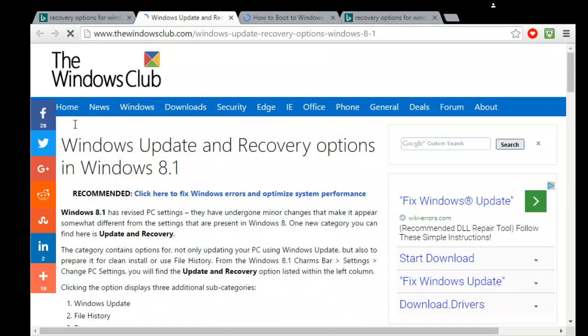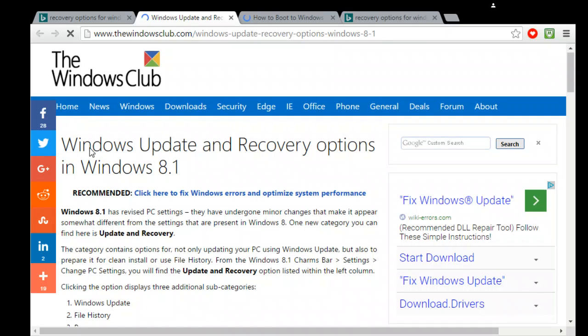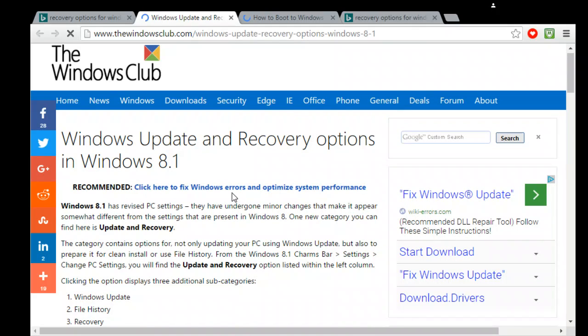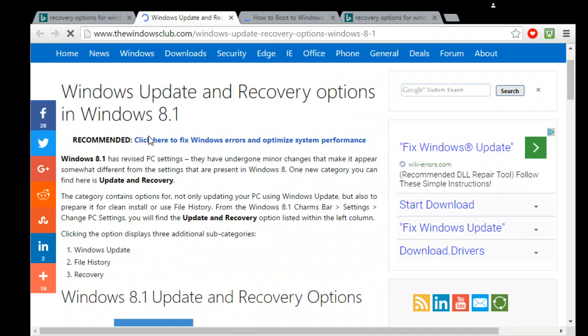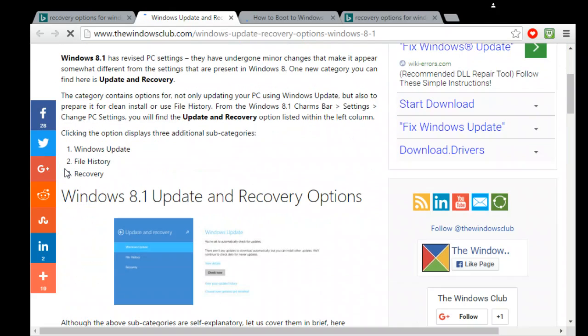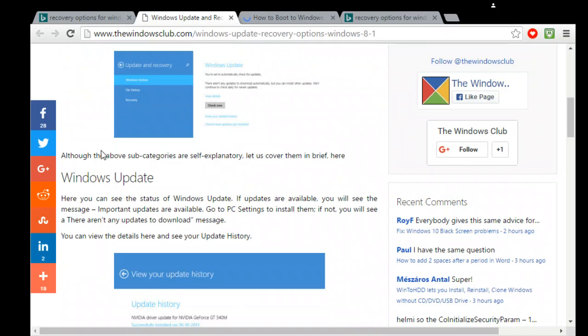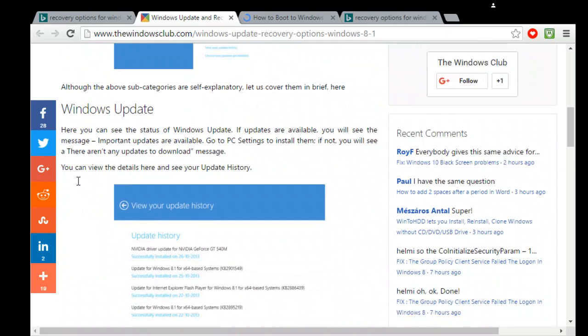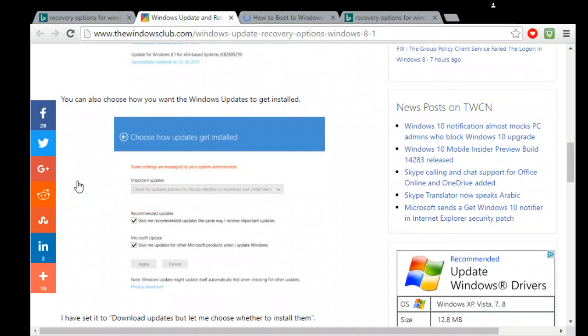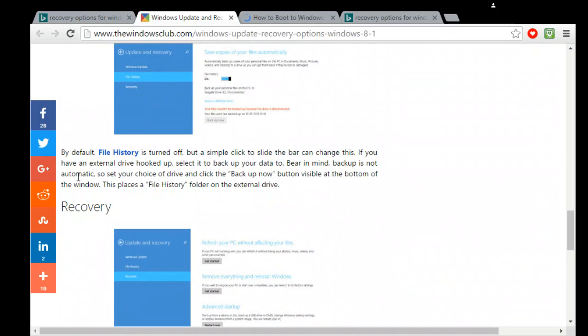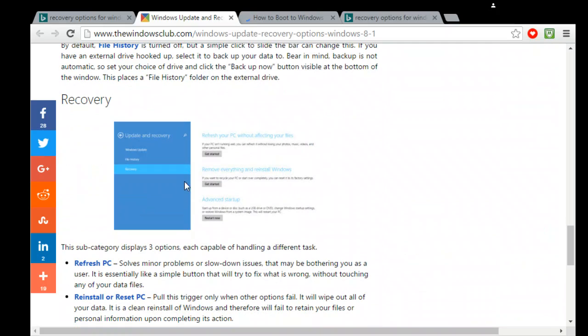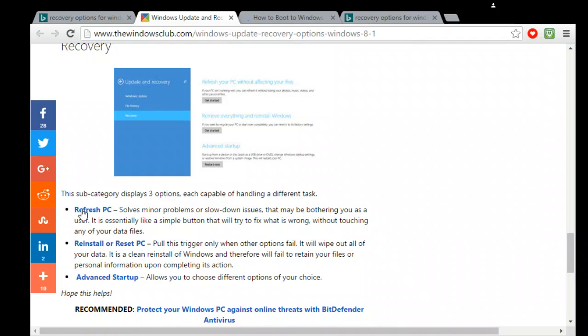And you're going to basically have to do this. And what you're going to basically find is, click here to fix Windows errors and optimize system performance. You're going to see all this update and recovery for Windows 8.1 or 8.0. And this is going to walk you through how to do this. It's going to show you how to do your history. Don't do any of this, but basically just how to get to your recovery and do all this stuff. It's going to tell you whether or not to refresh your PC, reinstall or reset PC,